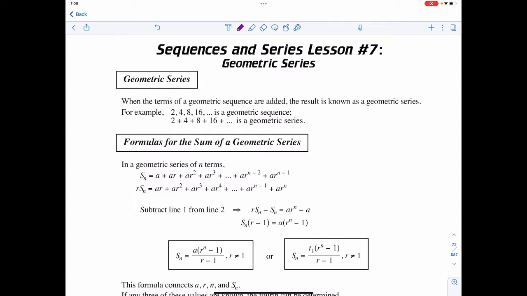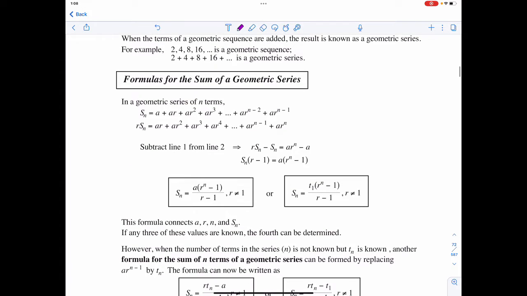All right, for this lesson, we're going to take a look at geometric series. Geometric series works the exact same way that arithmetic series did. It's just taking the terms of the sequence and then adding them together to find the sum of any given point. In a geometric series of n terms,